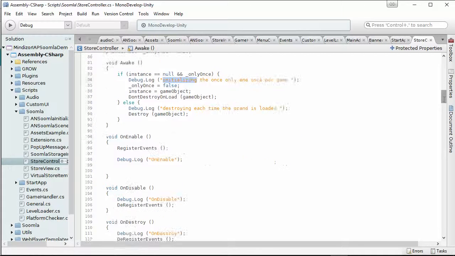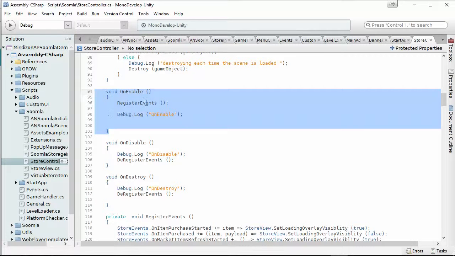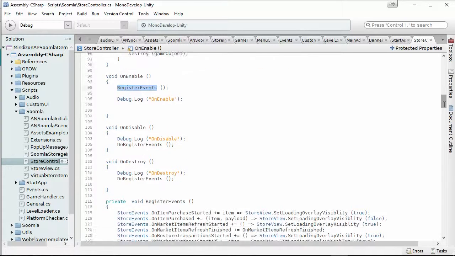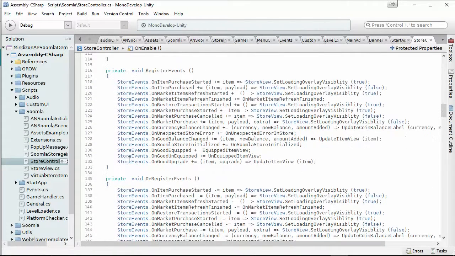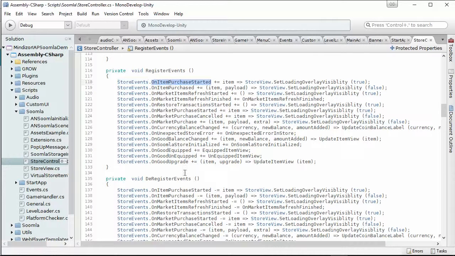In the enable method here, in the flow of the Unity project, we call enable after the awake method. So here we need to register events. These events must be registered inside your scene in order to be able to change the UI for a certain function. So inside enable, we register events. We have a function called register events, and inside this register events, we're going to call this function, and here we're going to initialize all the store events, including